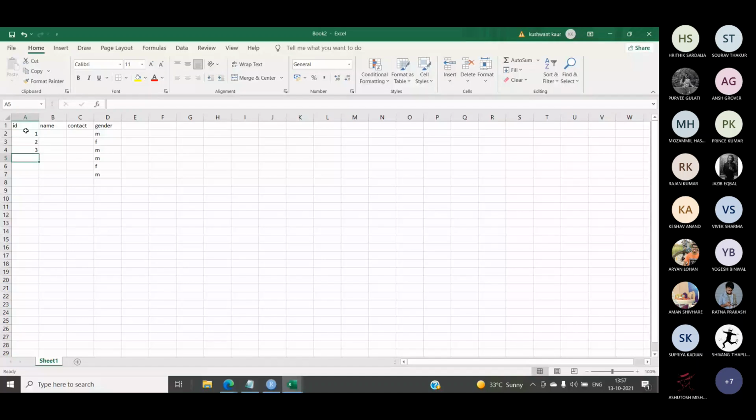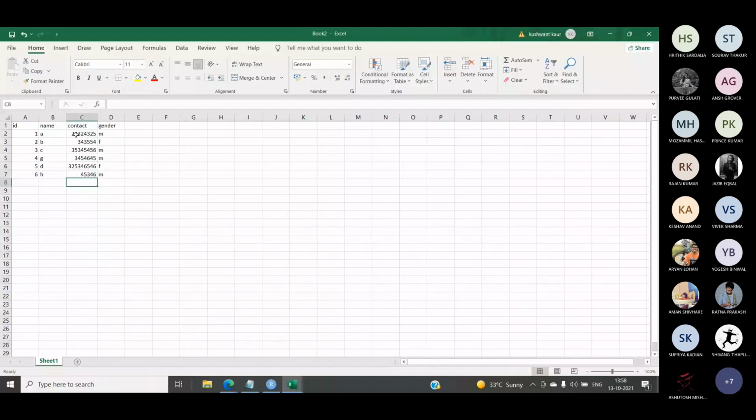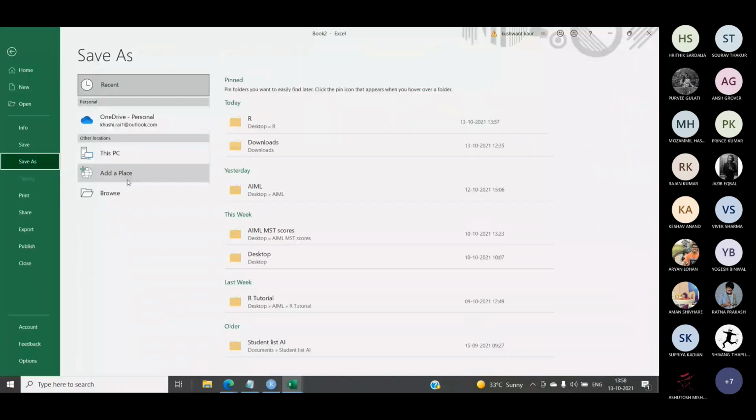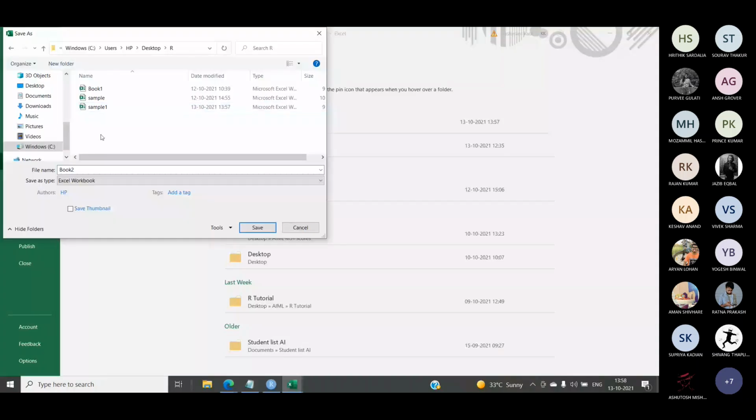For ID, 6 values. Name again, I'm taking A, B and so on. Contact number, let us take random values for these also. Let's save the file in the same location, on the desktop in our folder, as sample2.xlsx.